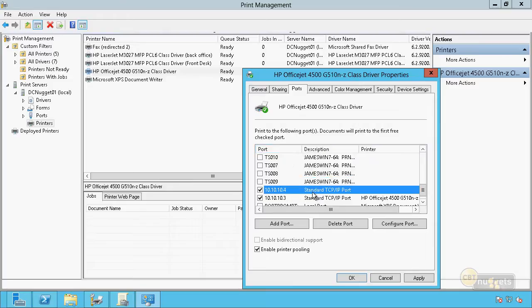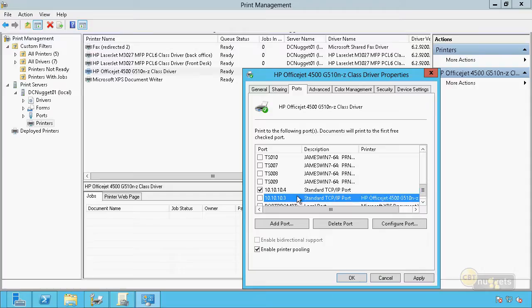Now, what's the advantage of this? This will allow my users to have a single printer that they can see and that they can access, so that when they print their jobs, it goes to this right here. And then there are two physical printers in the print room. So when they print their job in a round-robin fashion, it'll go to one or the other printer. Now, they won't know which printer it goes to. They'll just have to look through the print jobs when they get to the print room to see